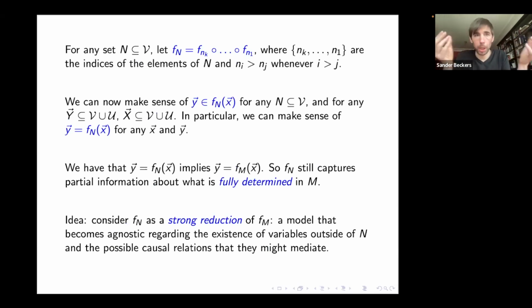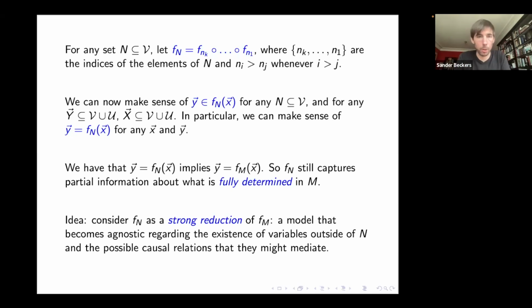And indeed, we can generalize to fn, where n is just any subset of the endogenous variables. I'm now switching. It's no longer a vector notation because n used to stand for a network. Doesn't matter. It's just a subset of variables. And we can then consider the function, which is the composition of all the functions associated with those variables. And you have to make sure, again, as we did earlier, that the ordering of those functions is sensible so that you don't have a descendant which occurs before its ancestor, because that wouldn't make sense.